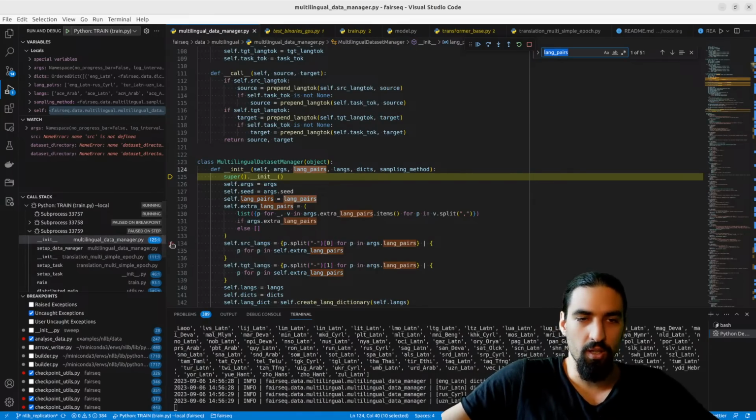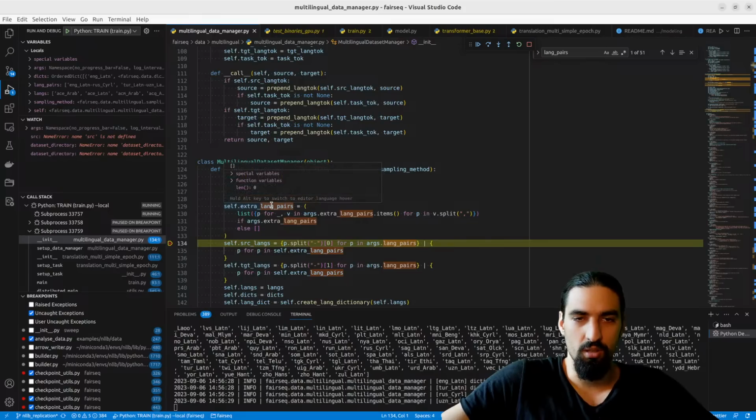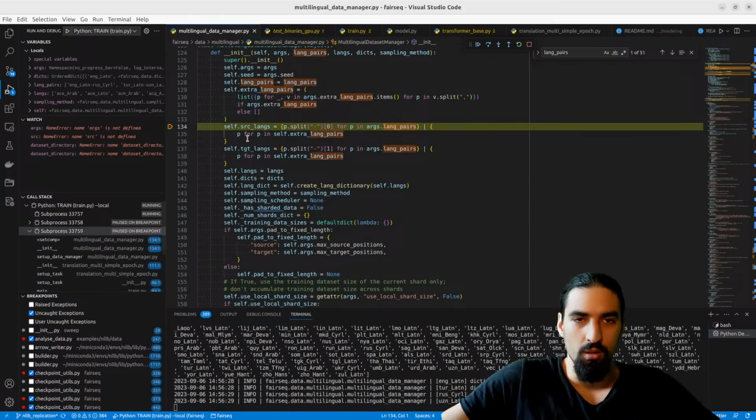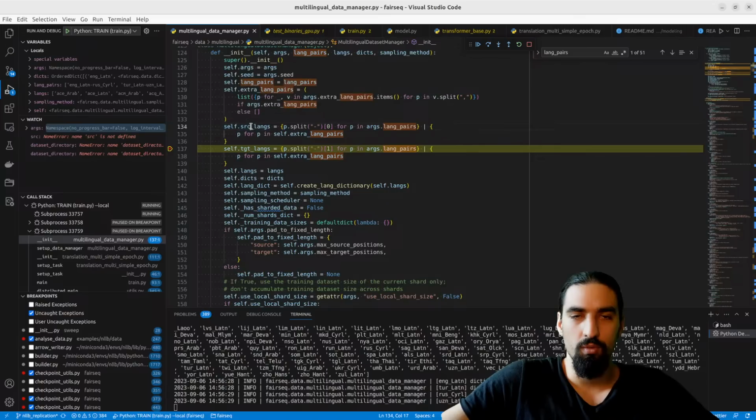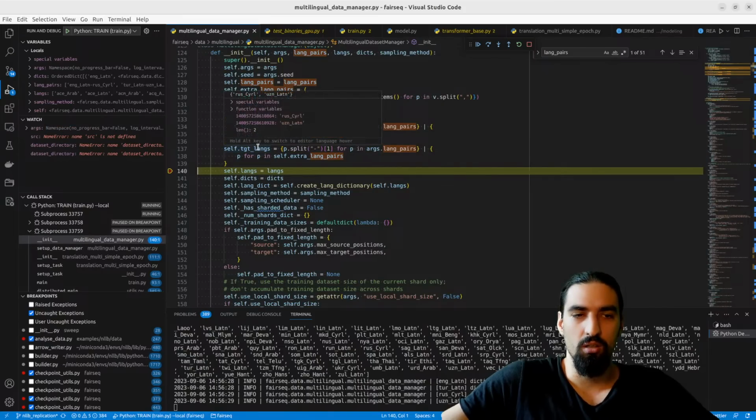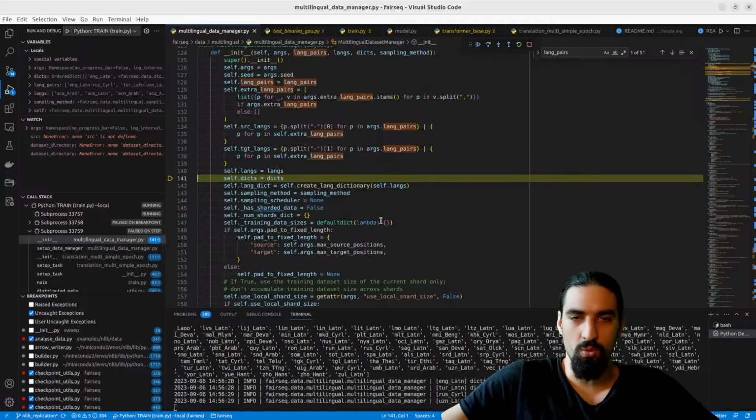Let's see what we get for this extra language pairs. Empty. So in that case, this should be empty as well. No, Turkish. Sources are Turkish and English. Targets are Russian and this UZN language.